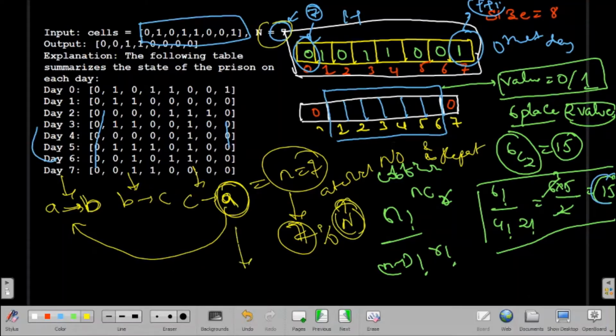First we are finding the cycle: after the nth position the value starts repeating. So we are finding n, and that n will be 15.